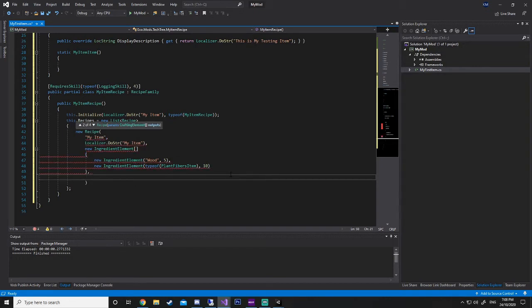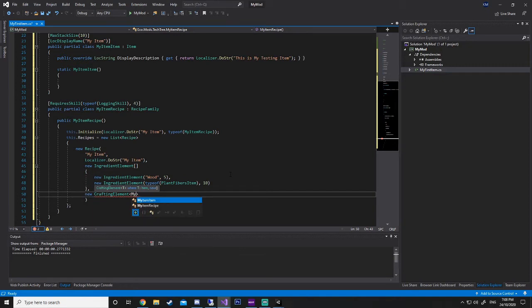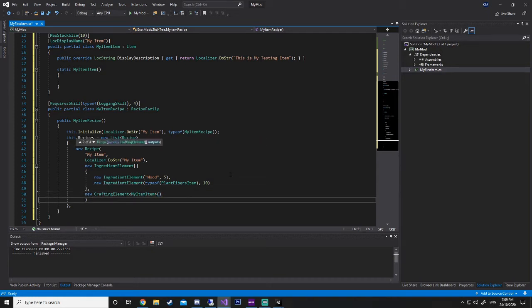And then once that's done, we add our new crafting element. Now our crafting element is what is given once it's been made. And so at this point in time, we actually want to give out our item. So it'll be my item. And then we can just specify exactly how many we want it to give, or you leave it blank, it'll always give 1. But if you want it to give 5 for all their work, you can set that to 5. You can set it to 1, you don't need to set it to 1, 1 is default. Or you can set it to 1,000, however many you want. But we're just going to leave that default 1 for the time being.